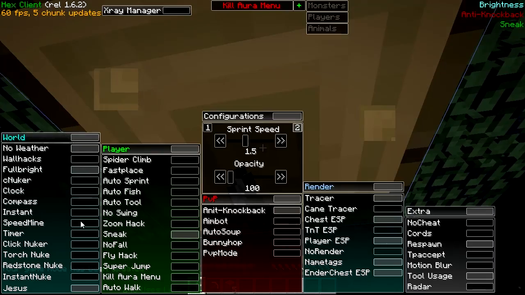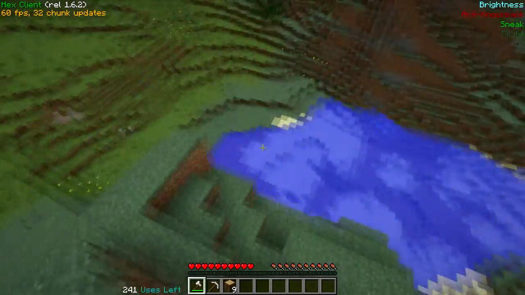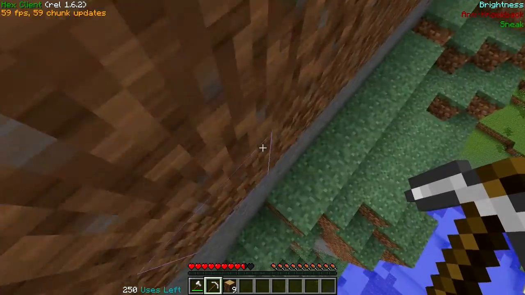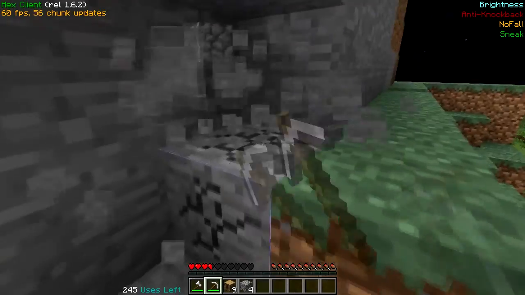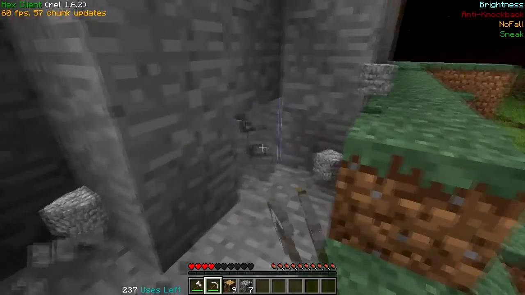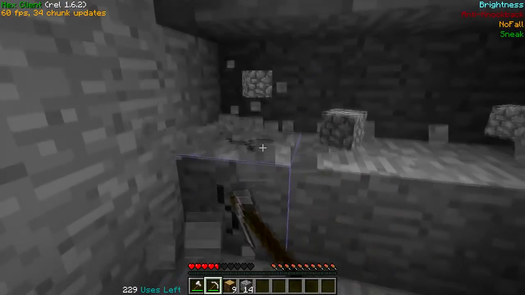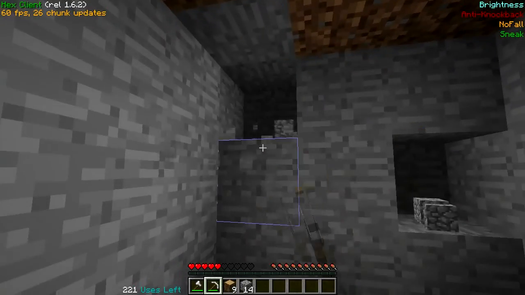So let me turn on speed mine real quick. Yes, that does work online. I know it's like really fast. I don't know if it's the fastest for a no cheat bypass, but I found it does work on no cheat servers and it's quite an improvement. It almost feels like you're holding a diamond pickaxe. If you're holding a diamond pickaxe, it goes really, really quick. And also, if you turn on no cheat mode,